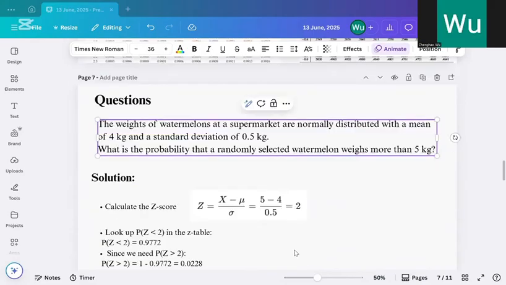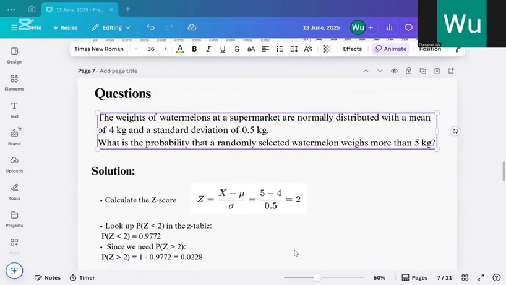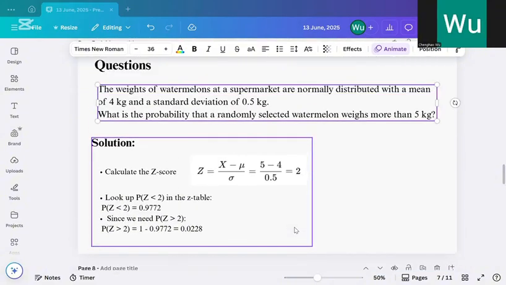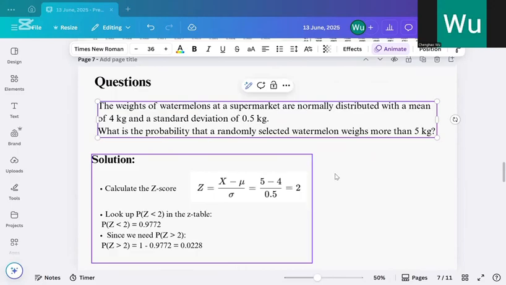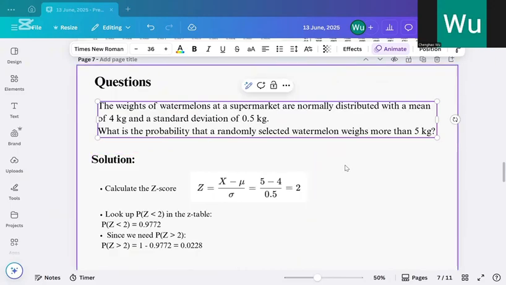if the value is given. Like this question: the weights of watermelons at a supermarket are normally distributed with a mean of 4 kilograms and a standard deviation of 0.5 kilograms. What is the probability of randomly selecting a watermelon that weighs more than 5 kilograms? Firstly, we can figure out the z value: z equals 5 minus 4 divided by 0.5. Since we have been given the x value, mean, and standard deviation, z equals 2,